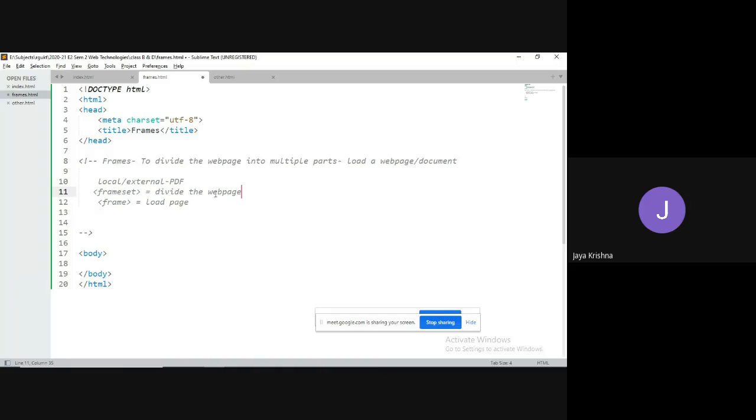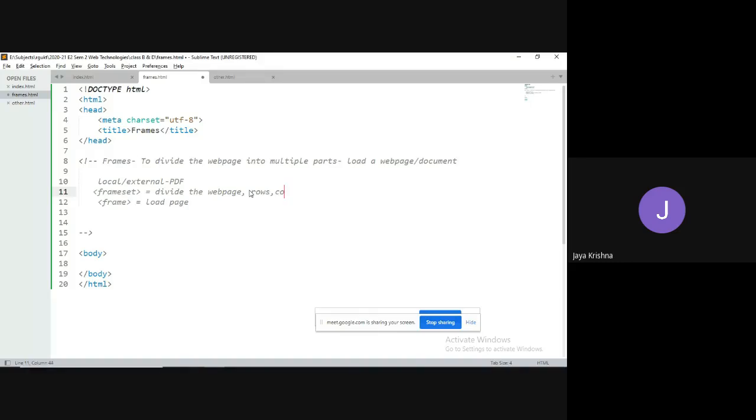So how are we going to divide this web page? I can divide it in the form of rows, or in the form of columns, or in the form of a combination of rows and columns. For that, we can use the rows attribute to divide the web page into rows.